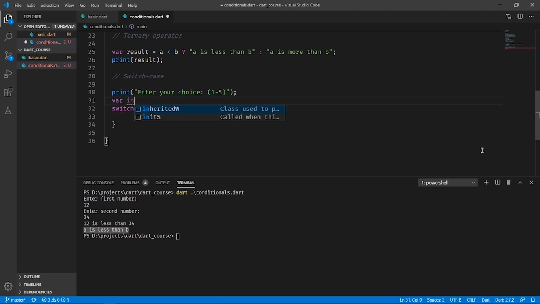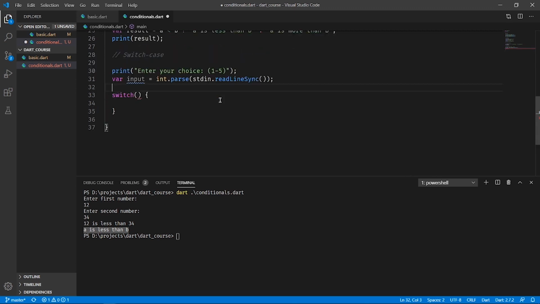Var input equals int dot parse, and this will be the input. So here what I am doing is I am taking the choice of the user, and according to that choice I will be giving the output to the user, or I will be executing the statement according to the choice of the user.